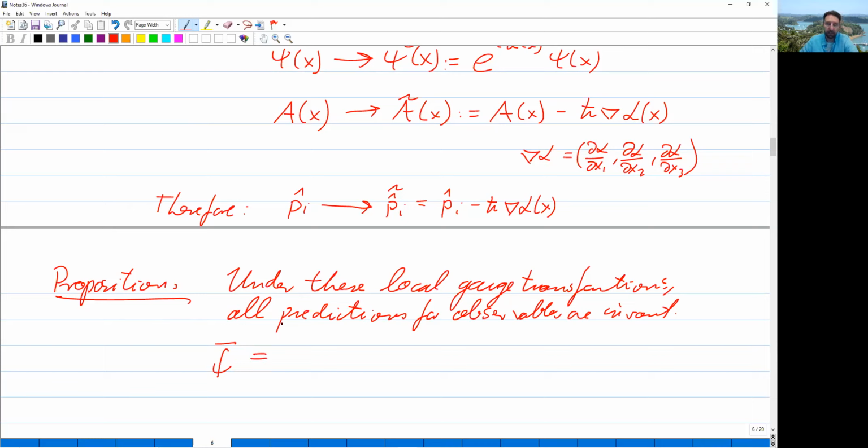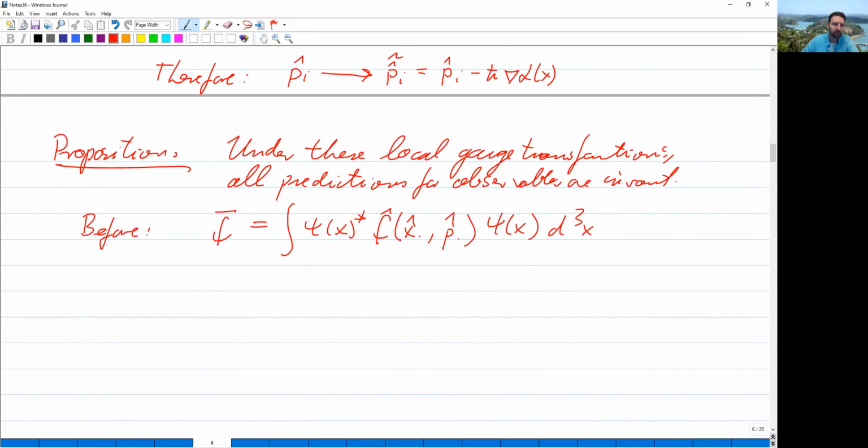before, calculated in this way. It's the integral of psi of x star and then f hat of x hat, p hat. Remember that these p are now the new canonical momenta, the ones that have the A field in them, and then psi of x d3x. Okay, so this is before,